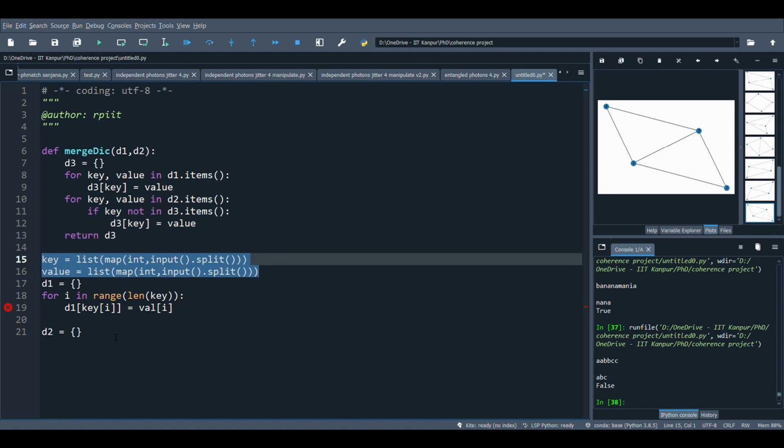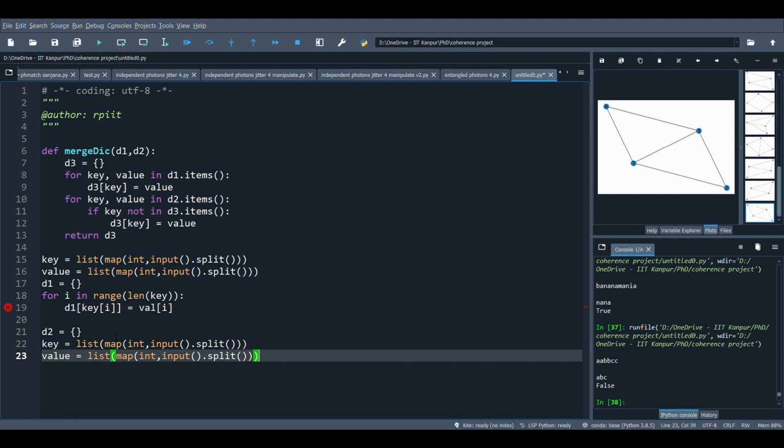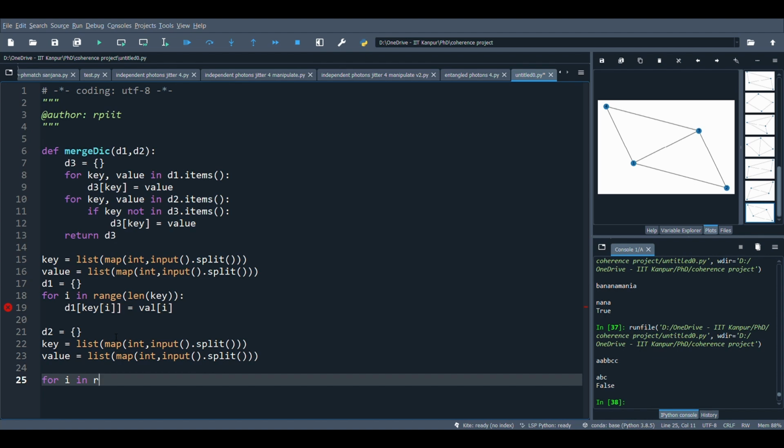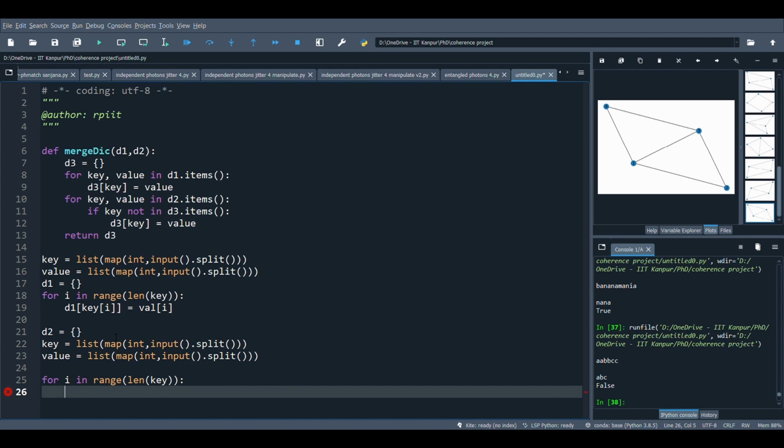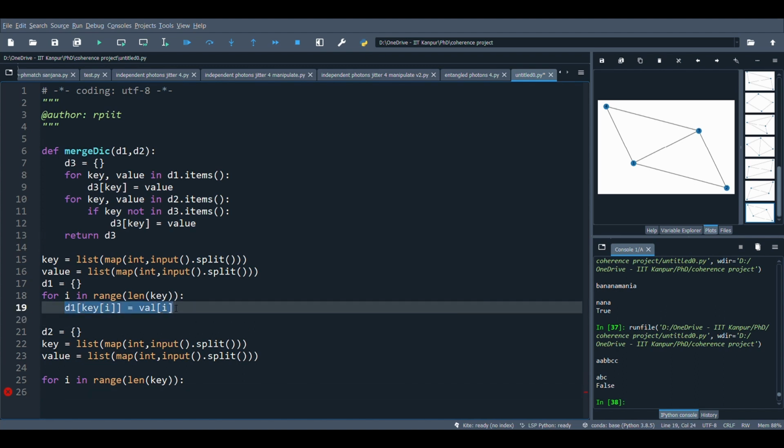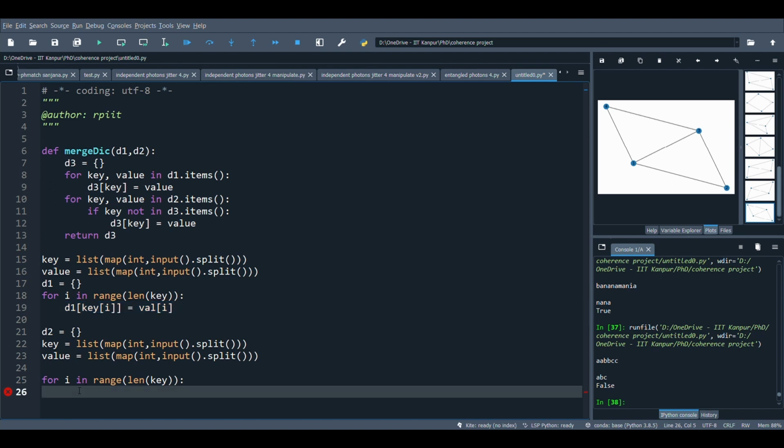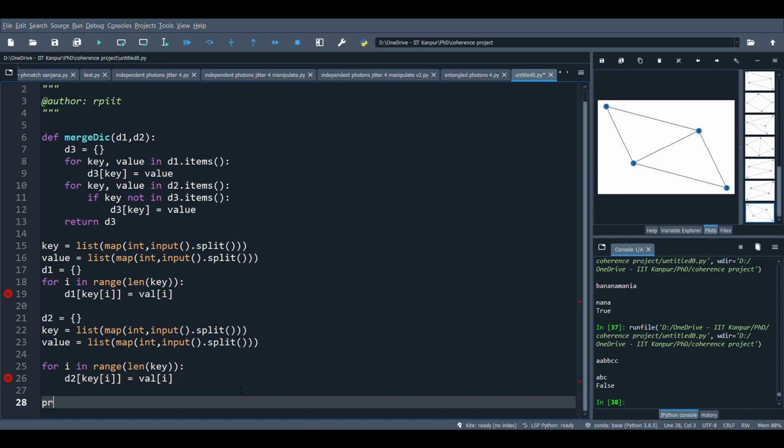Now for the second dictionary as well. Let's copy this. Okay, so this is done,